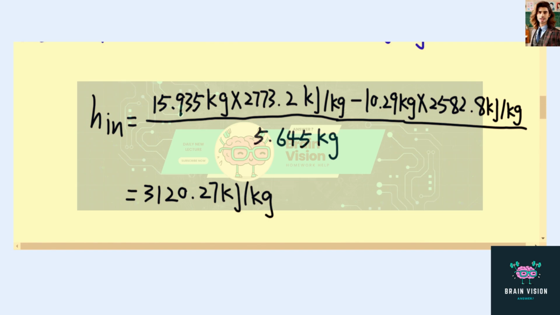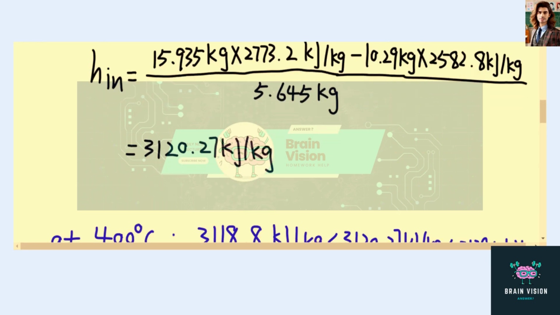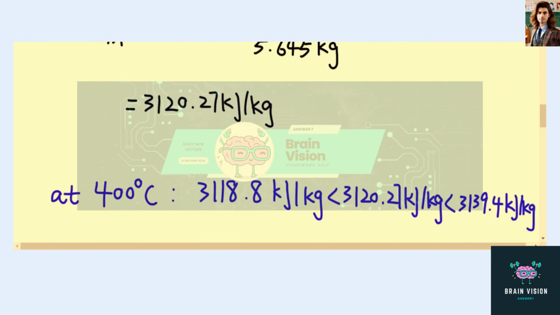So now we know the enthalpy of the steam in the supply line. Therefore, we can just use the table to try to find the pressure of the steam in the supply line. But it seems like if you take a look at the table, you can't really find such an enthalpy with the corresponding pressure. So therefore, we have to use interpolation in this question. So if you take a look at 400 degrees Celsius in the superheated water table, which is table A6, you can tell that 3120.27 kilojoules per kilogram is lying between